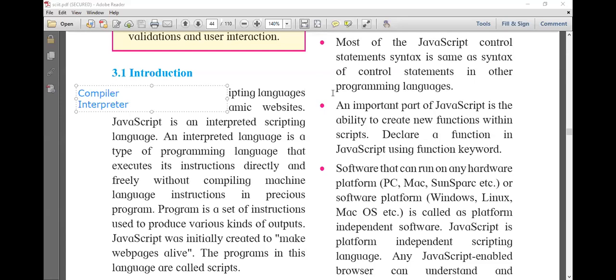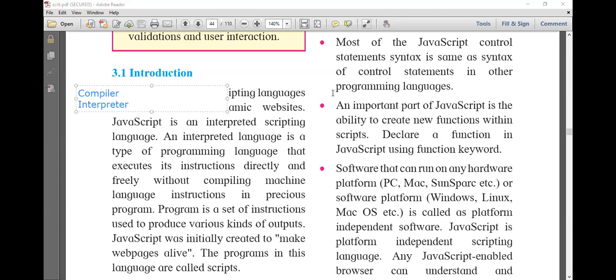Now, what do the compiler and interpreter do? Compiler and interpreter have the same function, only the methodology is different. Both are used to check that you have written a proper program without any mistake.